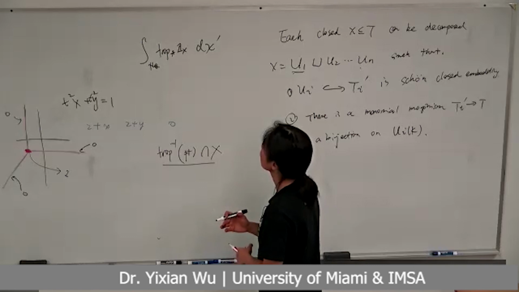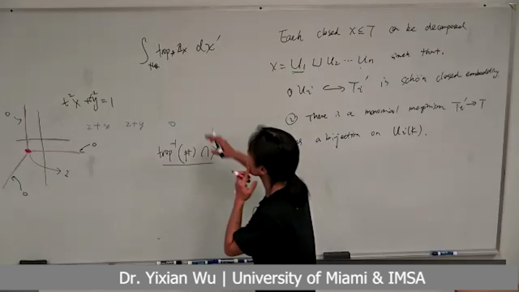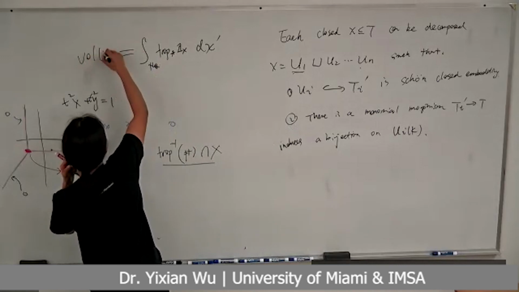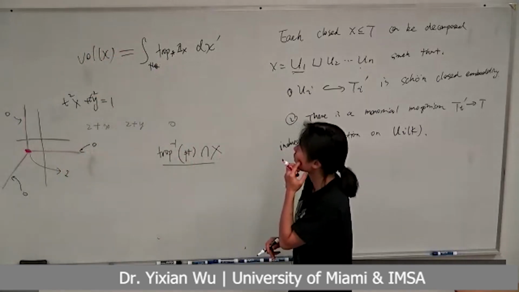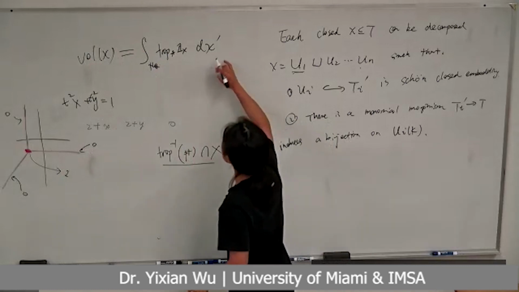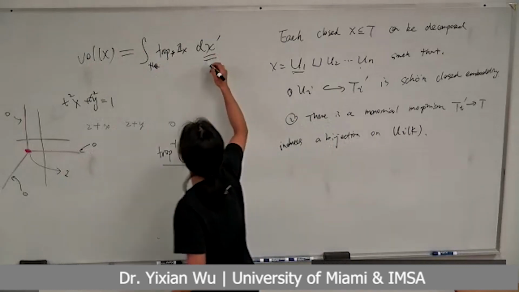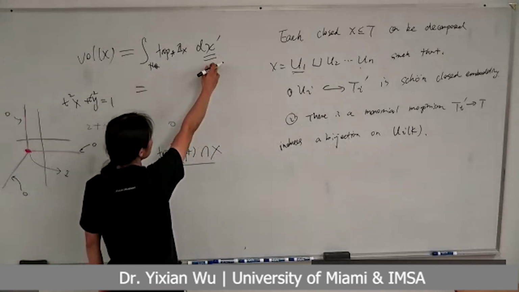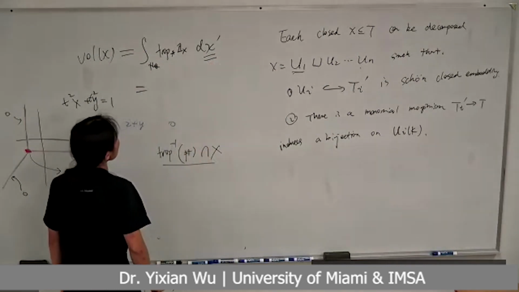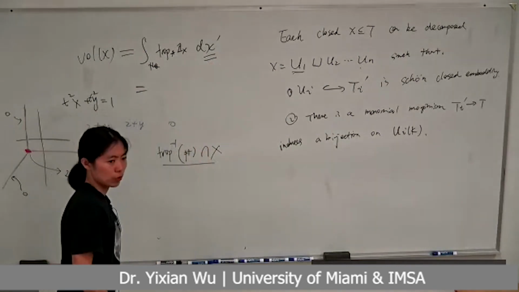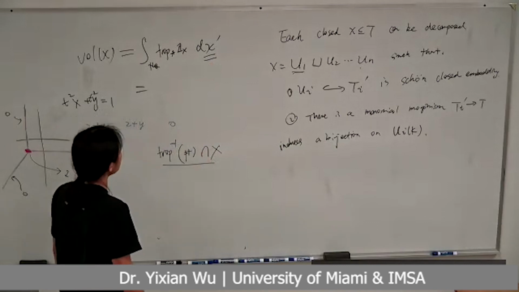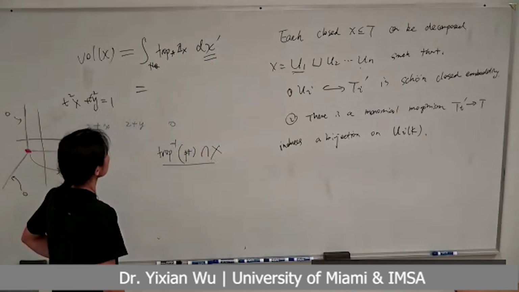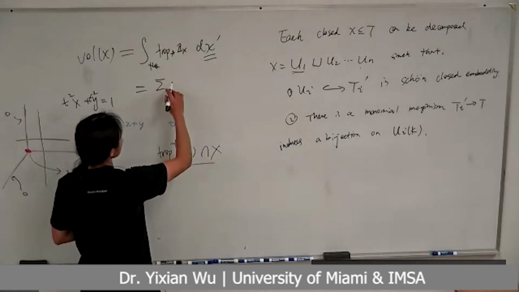Wait, what does it mean? Oh yeah, the theorem says this is the volume of x, right? What is the definition of? Oh, I see what you mean. Okay. So this is going to be a constructible function on NQ. And then it is supposed to give us a summation over each of the